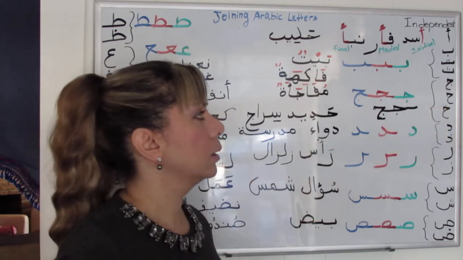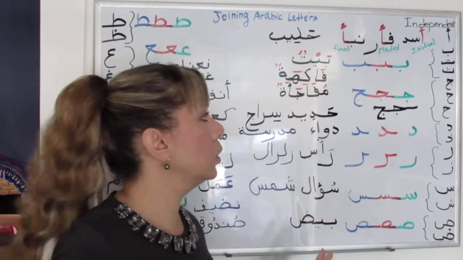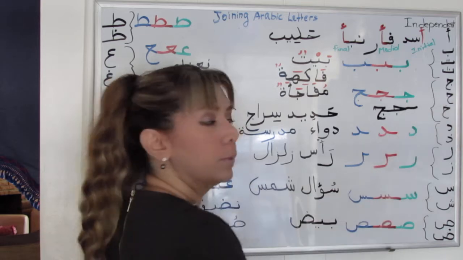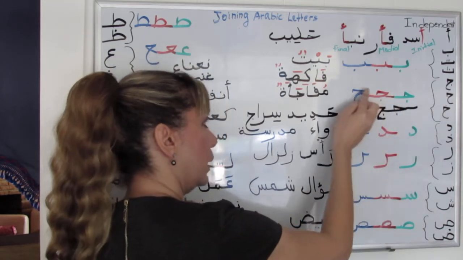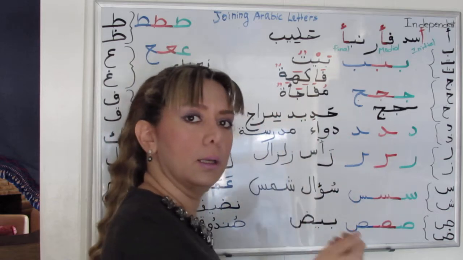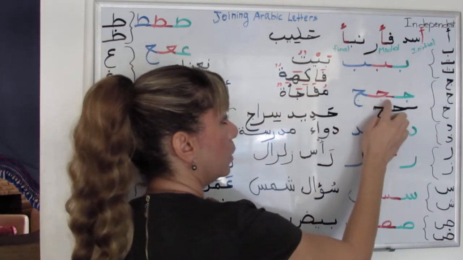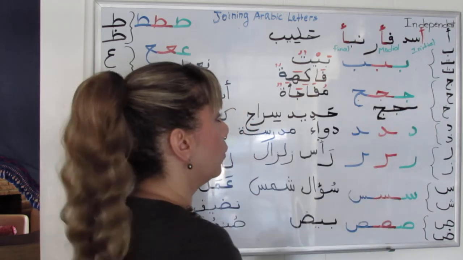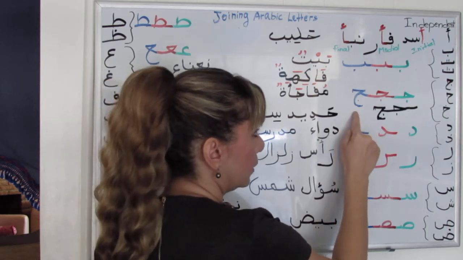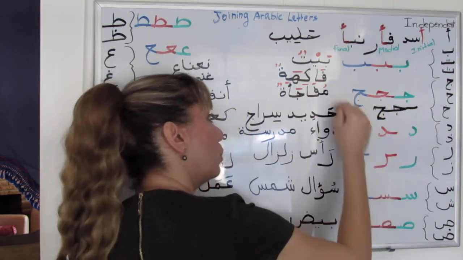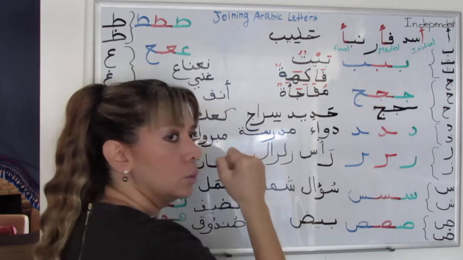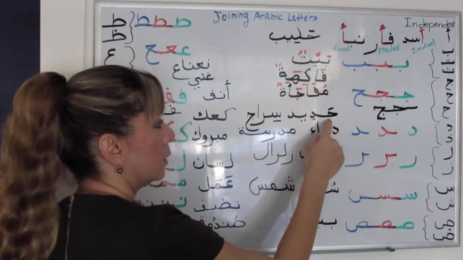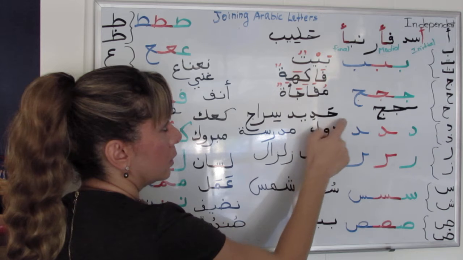Jim, ha, kha. They all have the same body also. So when it's in the beginning, we just drop the loop and straighten the line to connect it to the upcoming letter. When it's in the middle, we need a handle before it to link to the letter before it. But when it's in the end, we keep the whole body with the little handle to connect it to the other letter. Here we have an example with ha in the beginning, initial form,